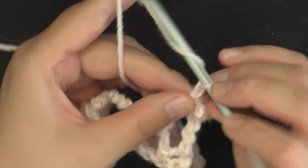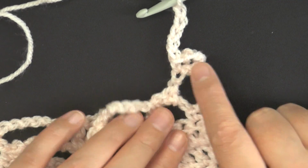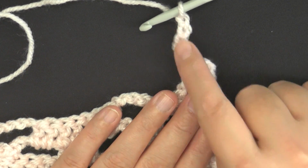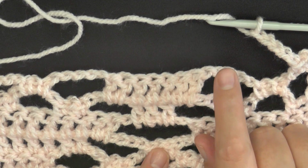Then chain 5, 1, 2, 3, 4, and 5. And this here, again, will count as your, wow, the sun really came out all of a sudden. This will count as your first single crochet, chain 1, single crochet. So then you chain 5, and now you're going to start working in your next chain 5 space, your increase